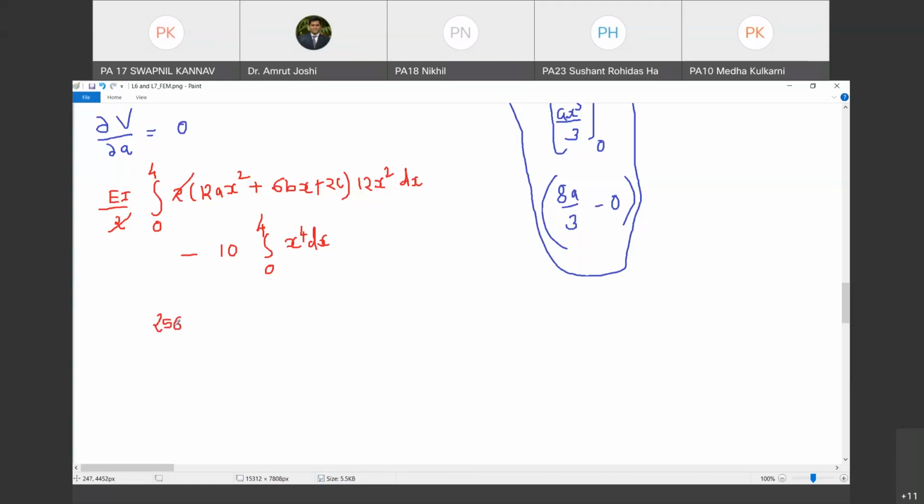So first term is going to be EI as it is common into bracket 256. Did you understand how I did this? Nikhil, No, sir. You have not understood. See what I have done. What is the first term? 12x square. Oh, I missed this 12x square. Sorry. Let me simplify this. If I consider the first term, what it is 12 into 12, that is 144. So it is integration 0 to 4 144ax raised to 4 dx. Do you agree with me? Sir, this is the first term.